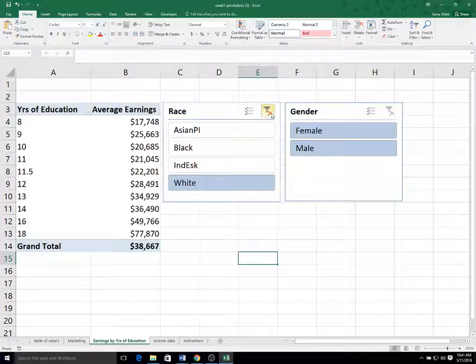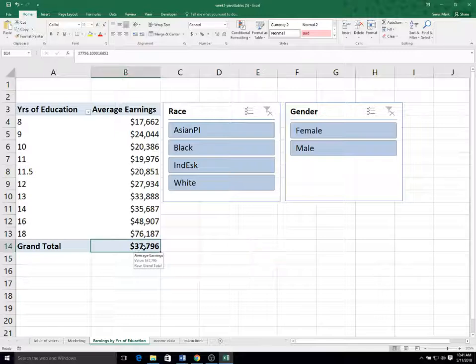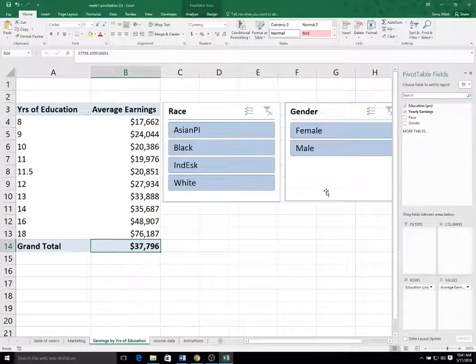But once they're active, this is our clear filter button that reselects everything. You can see on average the average earnings for everybody, the grand total, was 37,000. So if I click on female as a slicer, I can see it goes down to 28,000, and I can see within that